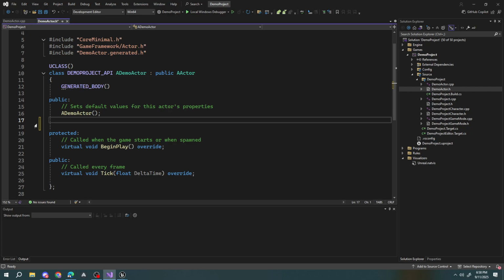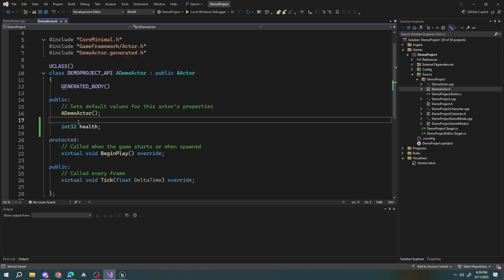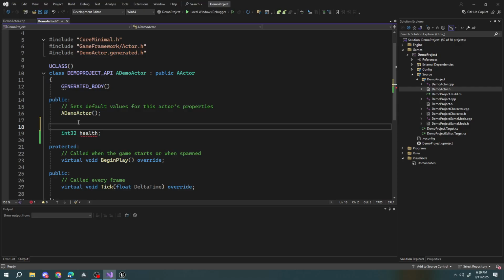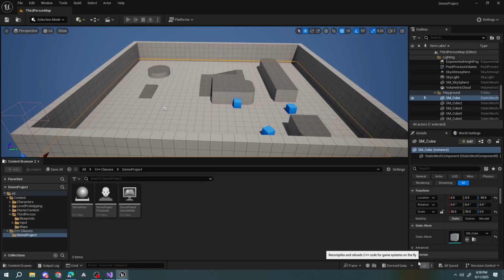So now we'll create the variables. With these variables, I'll show you different ways, the different specifiers for it. For example, let's say we have an int32, let's say this is health. If I want to make it appear in Unreal Engine, you know what? Let's go with that. int32 health for now. If I try to compile it,